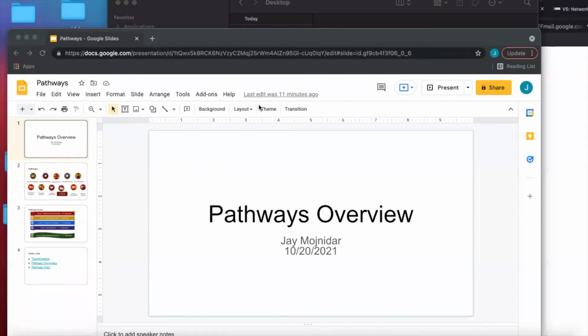I'm going to share my screen and then I will explain the pathway and what it is, how to go about the pathways, how to pursue that. So here, before jumping on to the actual pathway, I have a presentation. In this one, it's just an overview. I want to give an overview first.